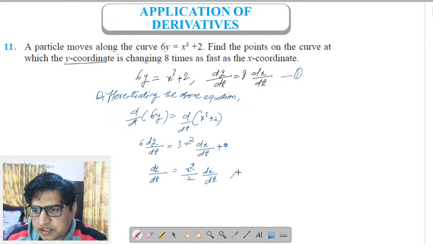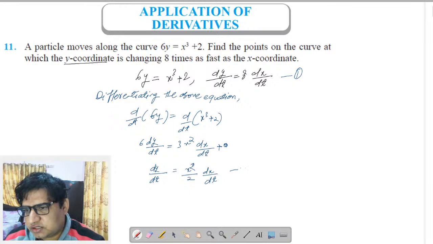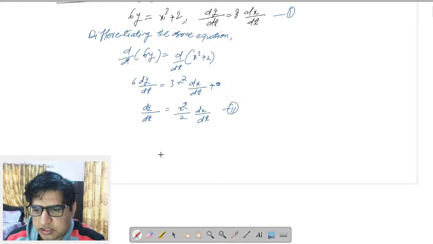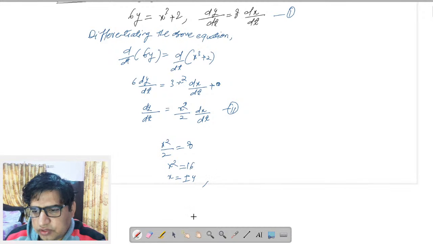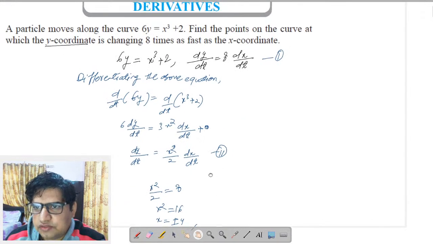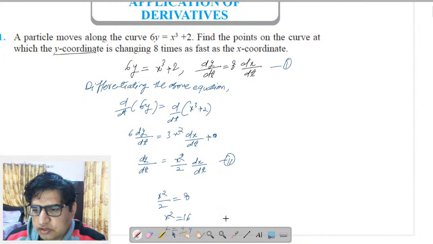So what does it mean? If these two have to be true, then x^2/2 should be equal to 8, and x^2 should be equal to 16, and the value of x has to be plus or minus 4. So for x = 4, the value of y will be